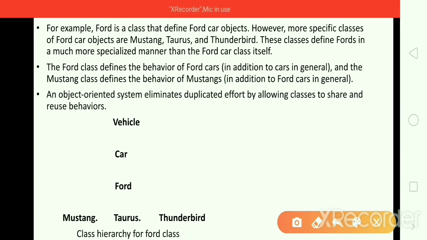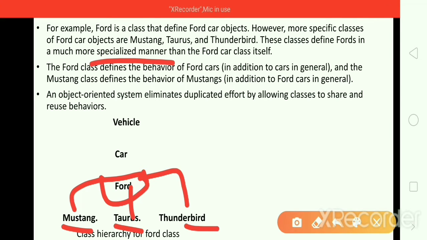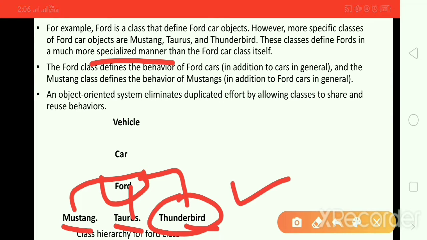It means these three classes are subclasses of this Ford class, and these three can have the features of Ford class. By having the features of Ford class, they can be more specialized than the Ford car class itself. It means they can have their own features too.